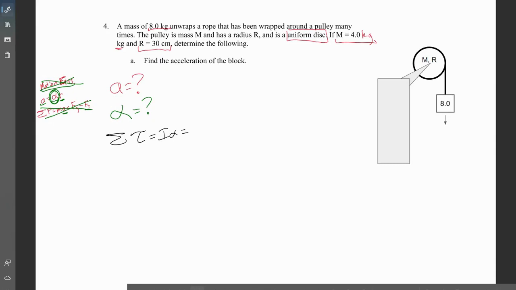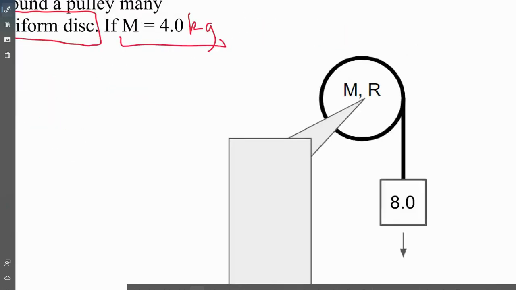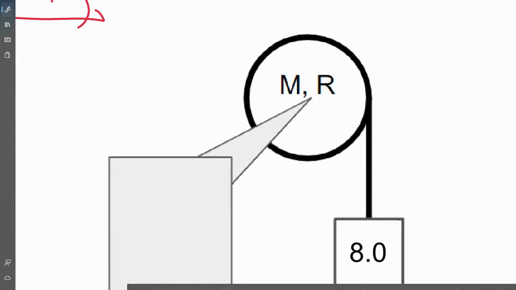All right. Well, what thing could we possibly be looking at torque for? Well, if it has torque, that means it's rotating. So this means we're doing sum of the torques on the disk. Okay, well, if we take a zoomed in look at our disk, we have tension being exerted here, so force of tension,